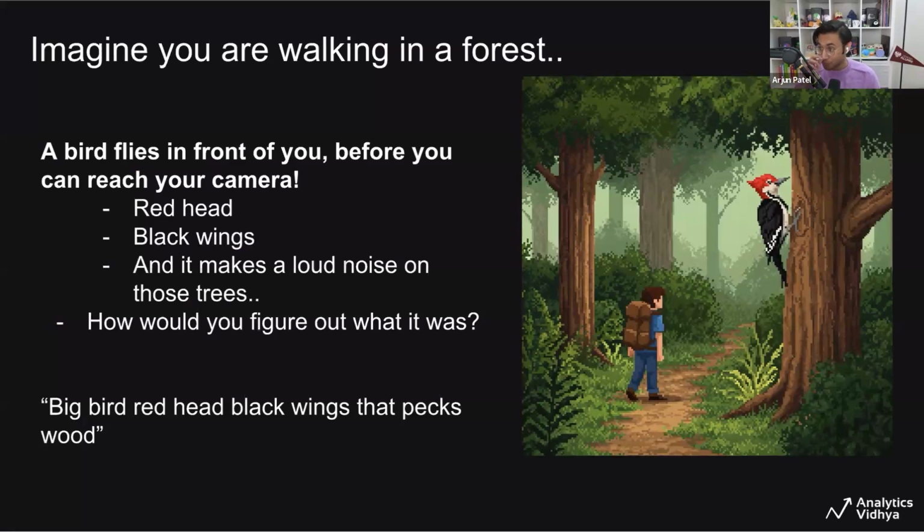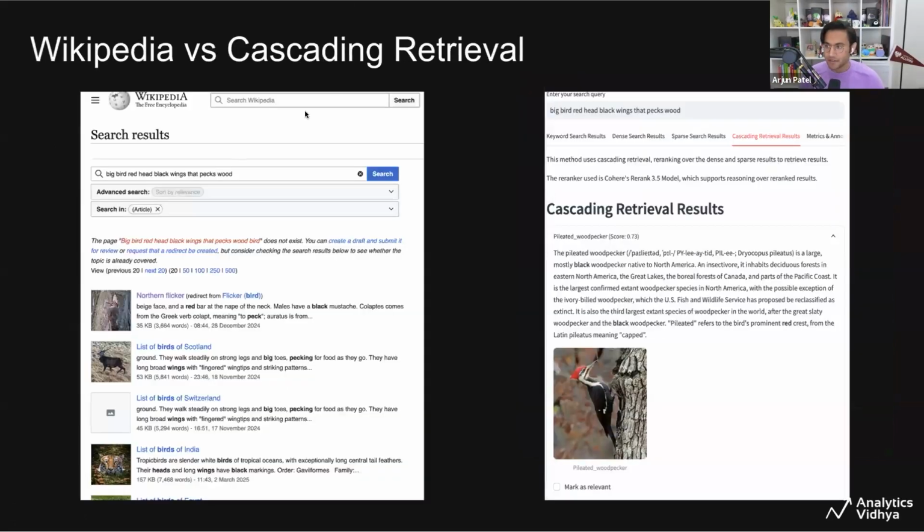In today's reality, we're spoiled for choice in finding different ways of searching for information, especially with images and text. But you can imagine that you might want to construct some sort of query in order to find the image that relates most to this bird that I'm describing. And I have an example of one of those queries here. It's a big bird, it has a red head, black wings, and it's pecking at some wood. That's maybe all we know at the moment. So what happens if we take this query and do a search in a place like Wikipedia? We get some results like this. These are not related to the bird that we were looking at all.